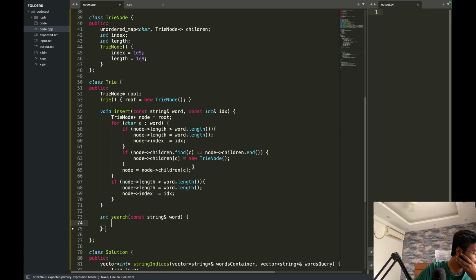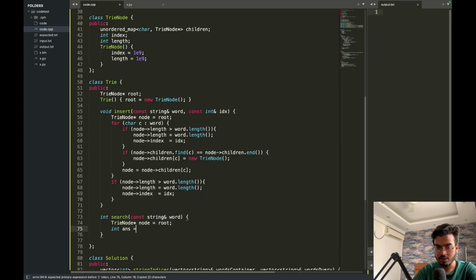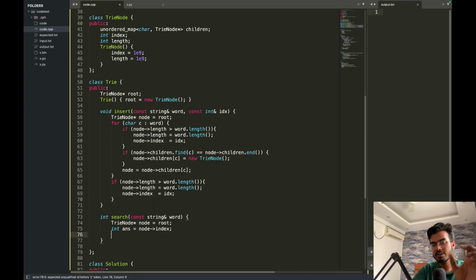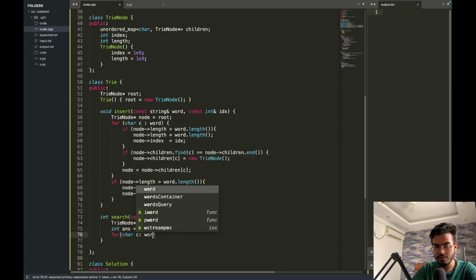Like if the first index is not matching, then I just need to find the closest or the smallest string that I can go to, right? So let's actually have a variable, answer equals node of index. So if the indices are not matching, then I have to do this. Otherwise I will just simply say char c in word,